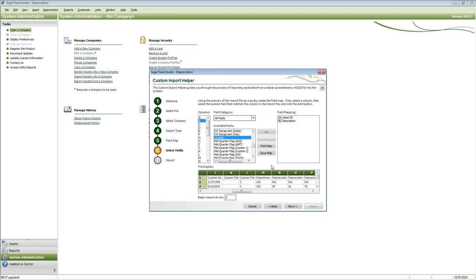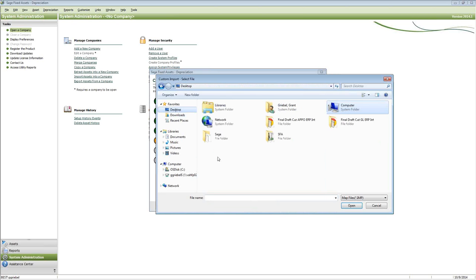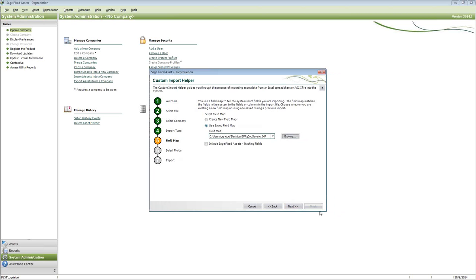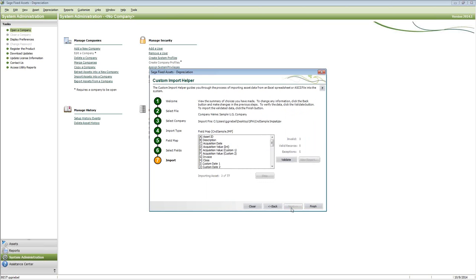Additionally, if those of you out there are working with ERPs, for example, Sage CRE, any new assets added on that end could be exported into a spreadsheet and pulled into the system in the same manner. On that note, once you've created your field mapping, you don't have to do that every time. You could save the field map. That way, when we get to this step, instead of creating a field map, we can use a saved one. And now, all of our fields are already mapped, and we can skip this stage entirely and jump right into